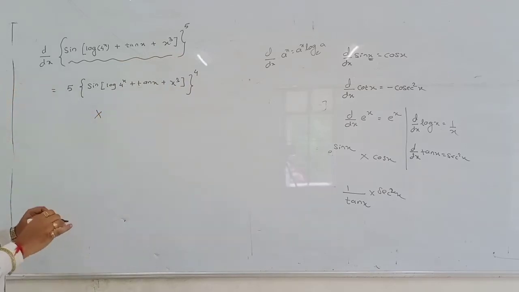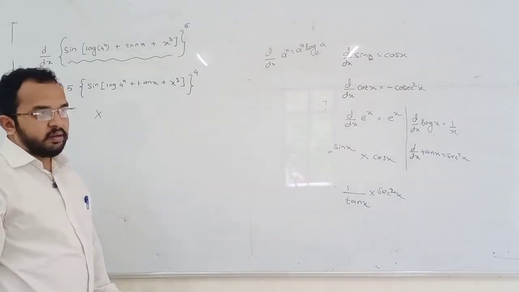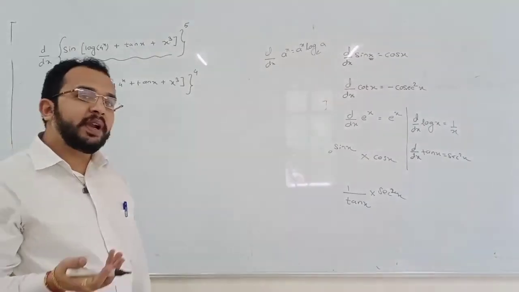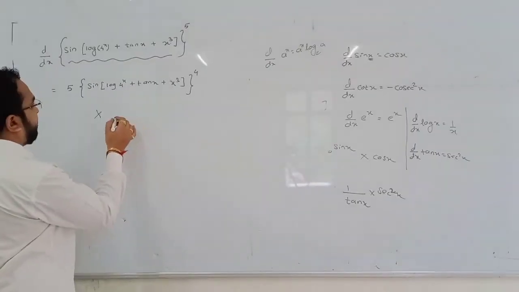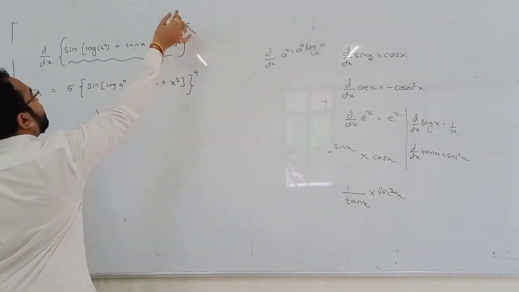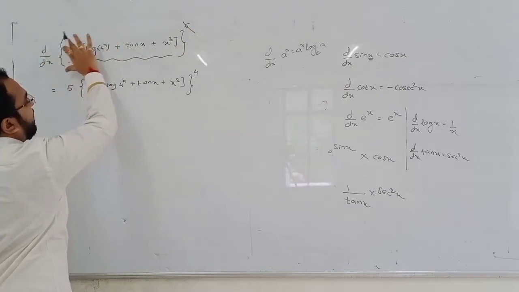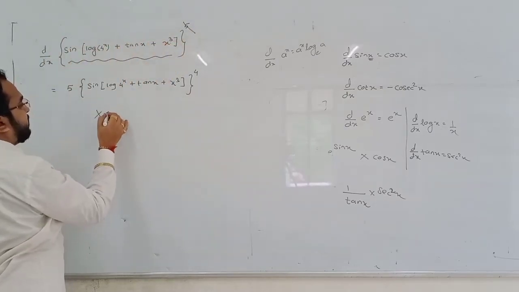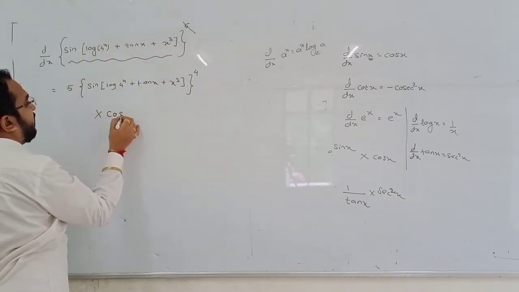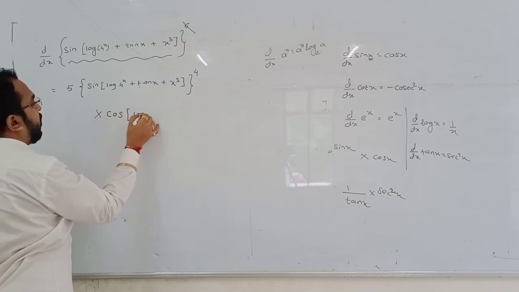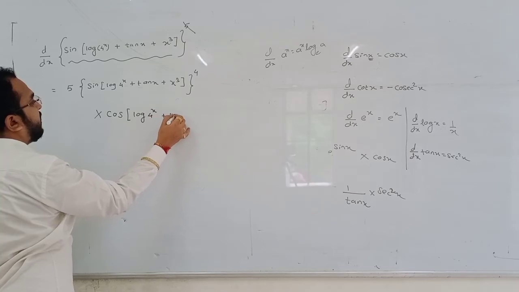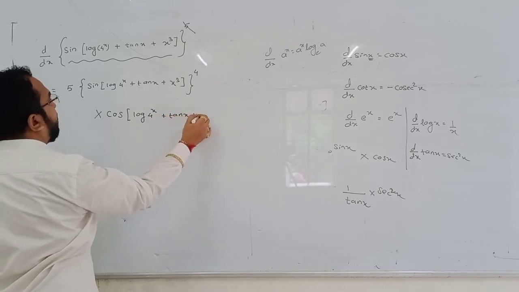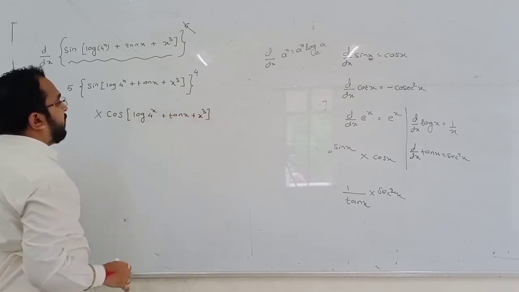What is given inside the curly bracket? It is sin something. The theta of sin is also not x. Sin something. So what is the differentiation of sin something? Now this 5 has come, you have used the 5. Now what do we see in this? Sin something. So what is the differentiation of sin something? It is cos something. So it will be log 4 to the power x plus tan x plus x cube.